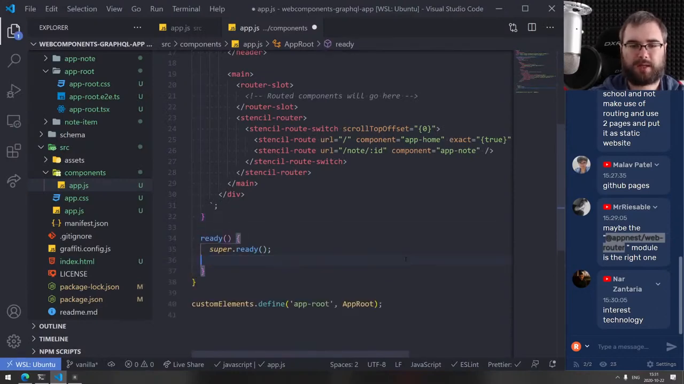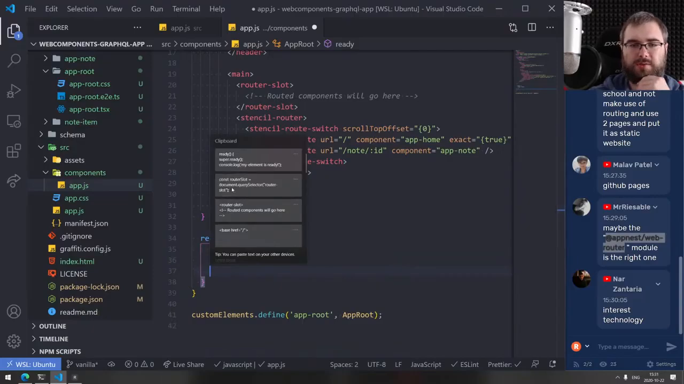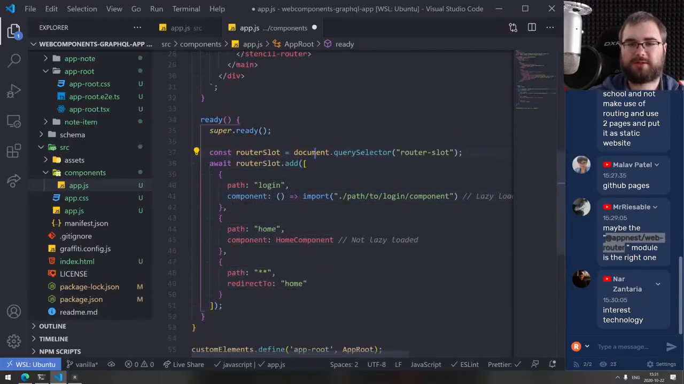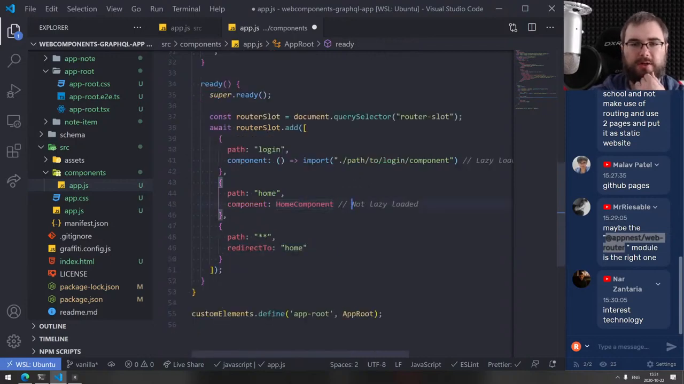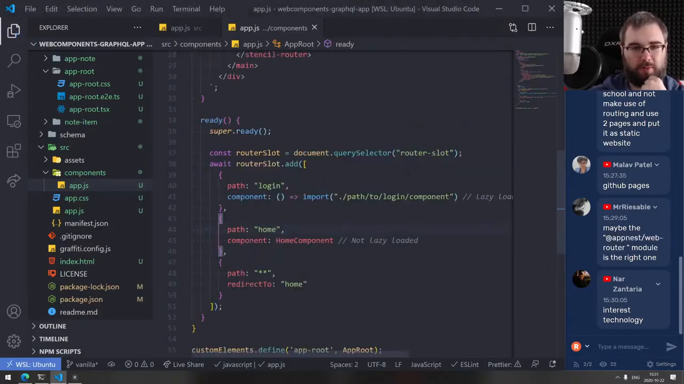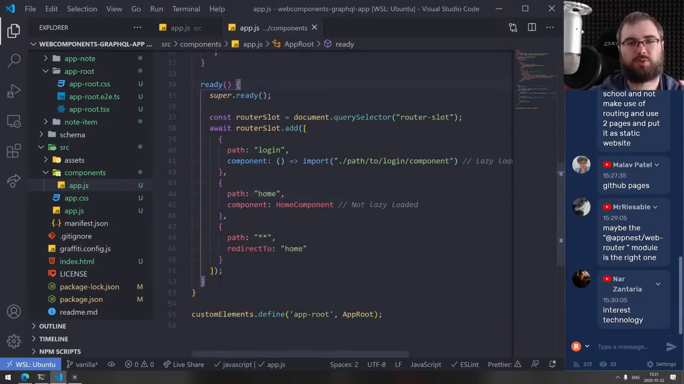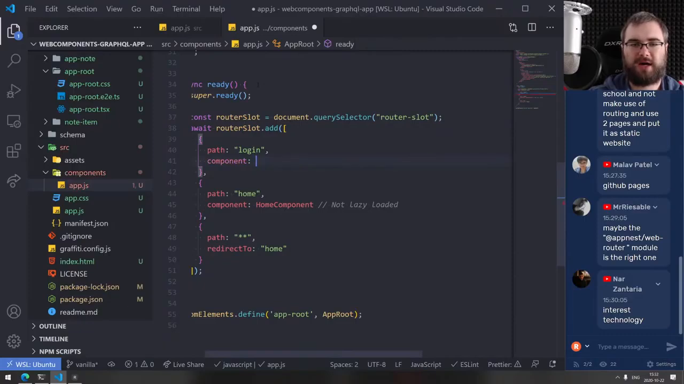And what we're gonna do here is we're gonna use this router slot thing, right? So there's our query selector router slot. So this is gonna be home. Home is gonna be not lazy load. Okay, so it even supports lazy loading. That is pretty cool. If it would be declarative, that basically would be all I ever wanted, but it's not declarative. Still, it's not super terrible. Then async ready, await router slots. Okay, right, so I guess now we need to define